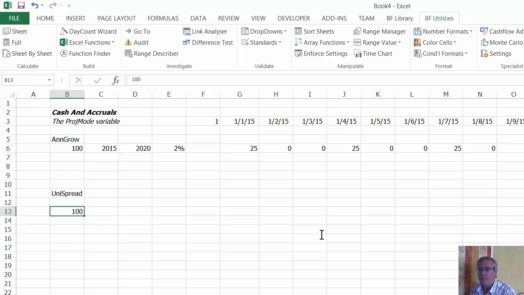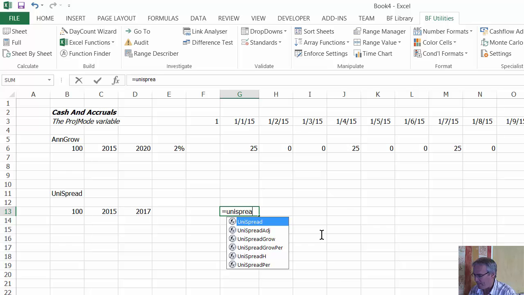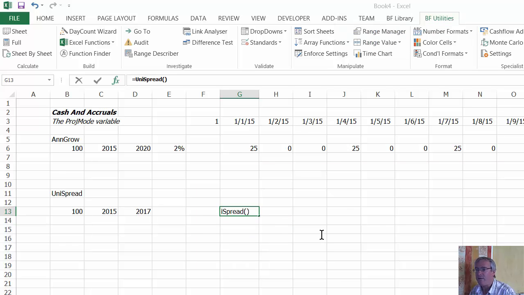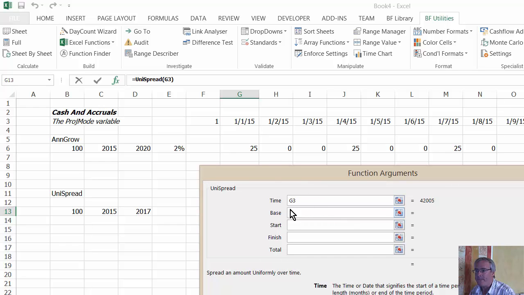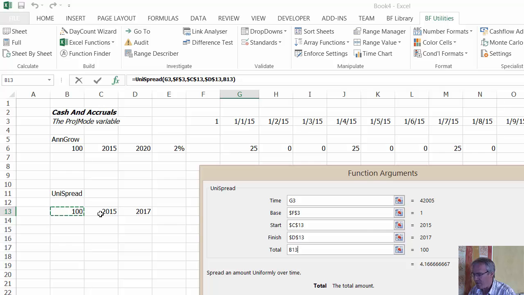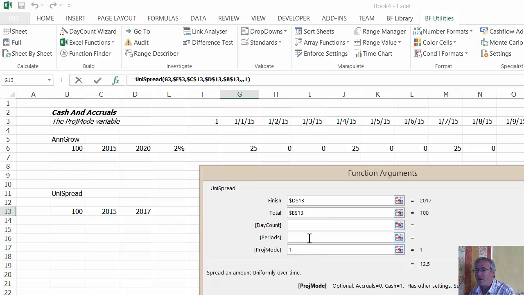So if we spread 100 between 2015 and 2017, equals uni spread, Alt-IF, time base, start, finish, total amount. And let's say the projection mode is 1 for cash, and let's say the periods is, let's make them 6 months in advance, so biannual if you like. Okay,